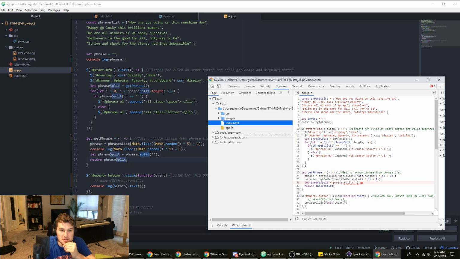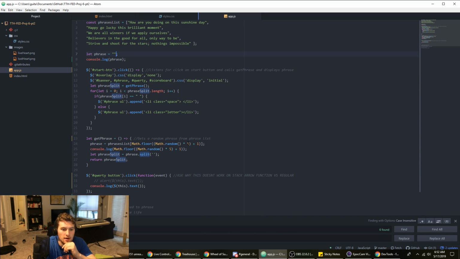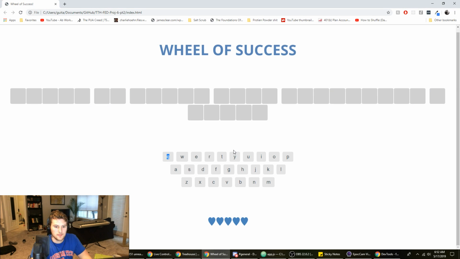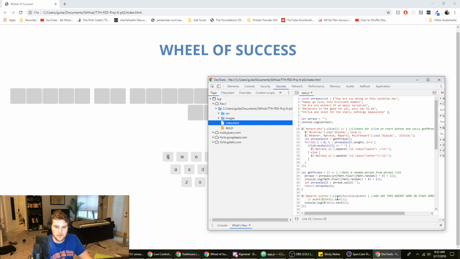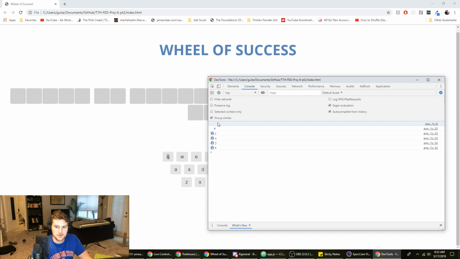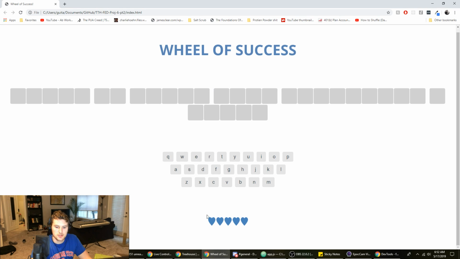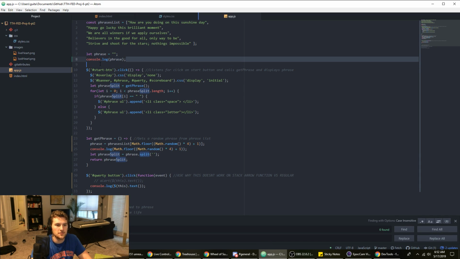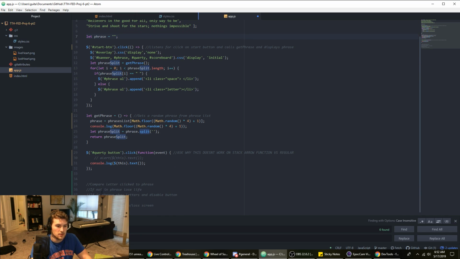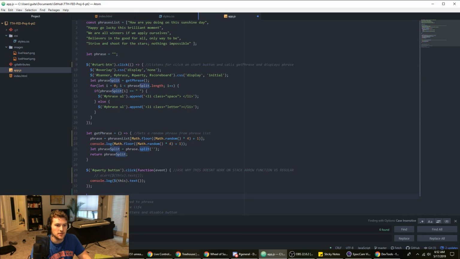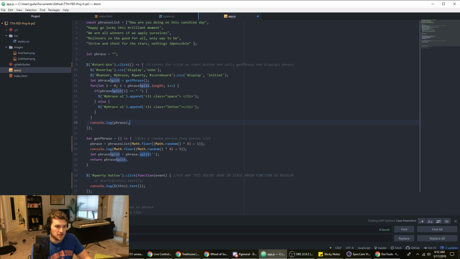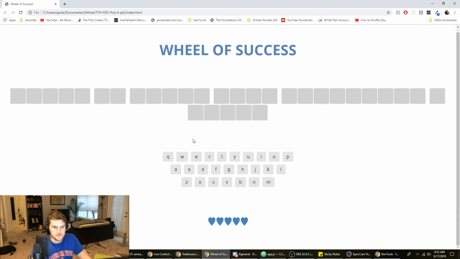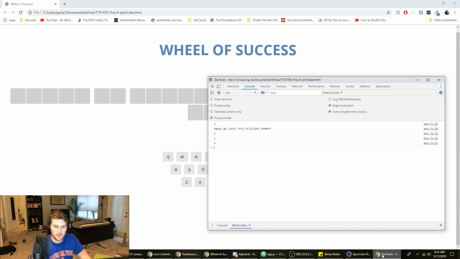Phrase split, phrase. Oh, okay, so that's where our number thing's messing up here. Do I need to do 4 and then... Alright, so still didn't log a phrase for some reason. Because right here, phrase is empty, duh. So we don't define phrase until we click on the button. So we want to put that right here. There we go.